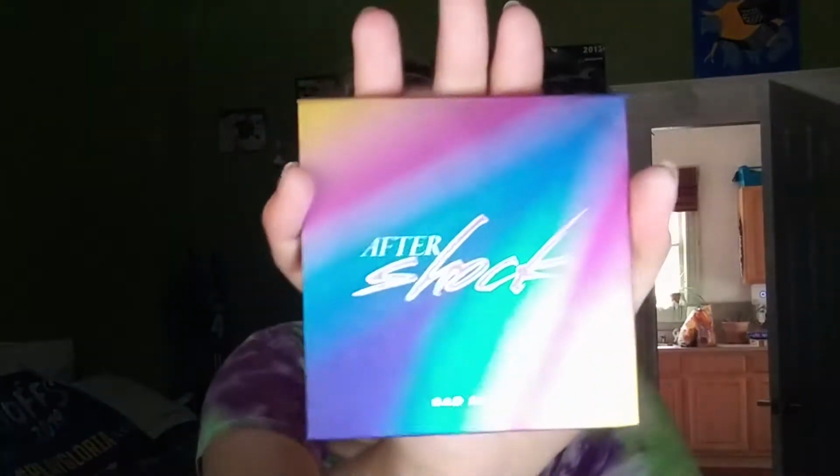So I'm gonna start, believe it or not, with my Bad Habits Aftershock palette. Love this palette. This is what I used last time I did my beachy look, even though I was like, but James Charles has the best red ever, blah, blah, blah. And then I tried to use his red on 4th of July, and it's good. Like, it's a good red, but this one kills it. All right, so